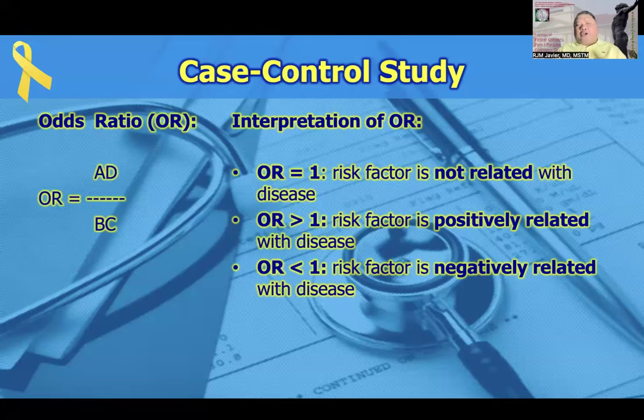So in the future, aside from looking at the magnitude or the strength of the measure of association, your odds ratio can be determined to be statistically significant if the p-value is less than 0.05 or if the 95% confidence interval does not include 1, because the value of null for an OR, or for the odds ratio, is 1.